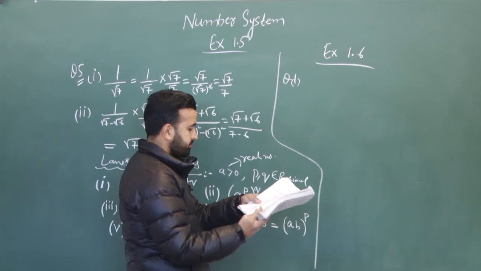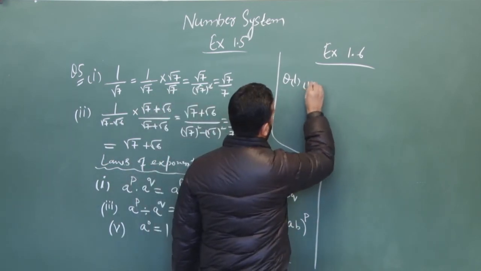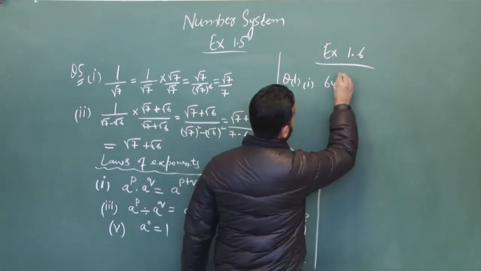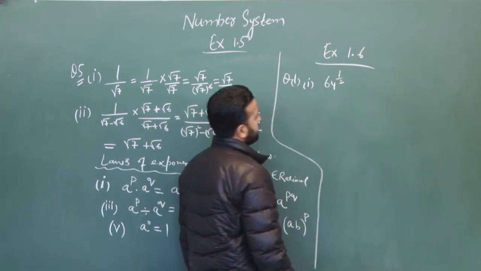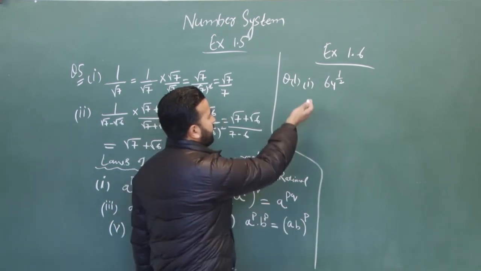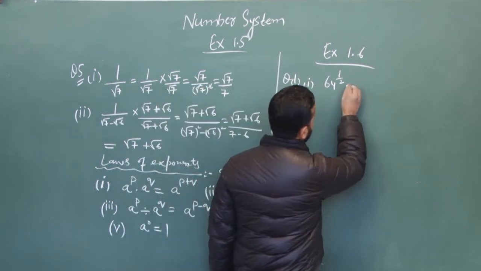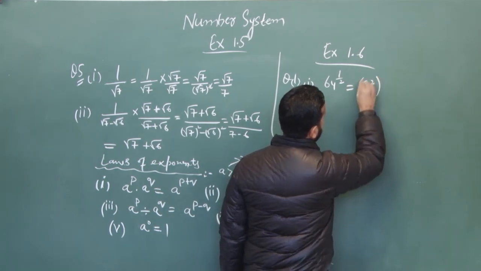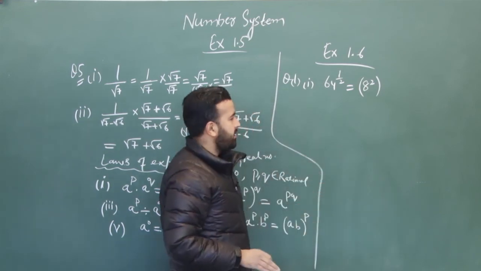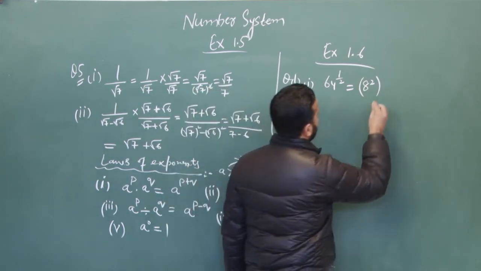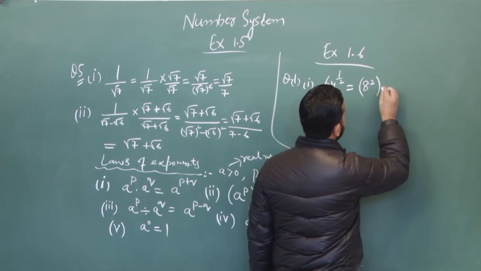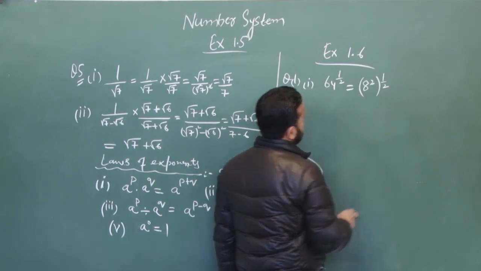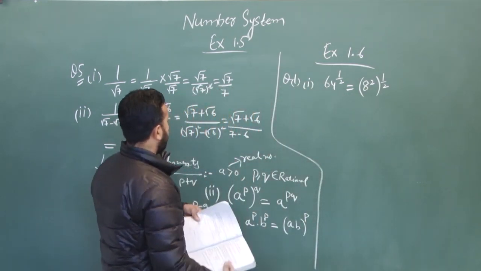The first one is 64 raised to the power 1 by 2. You can factorize 64 first, or it can also be written as 8 square. In terms of the 2's as well you can try, but we have 64 as a square of some number, that is 8 whole power 1 by 2, and in this case, you can see from the laws that we